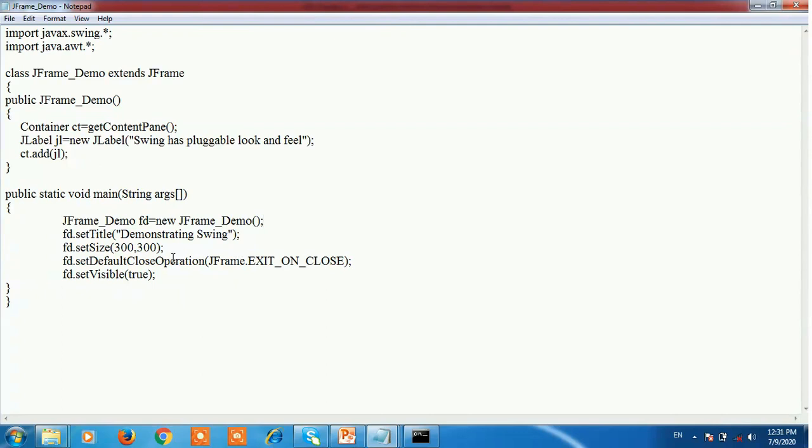And the parameter of setDefaultCloseOperation is JFrame.EXIT_ON_CLOSE. This parameter is a constant.